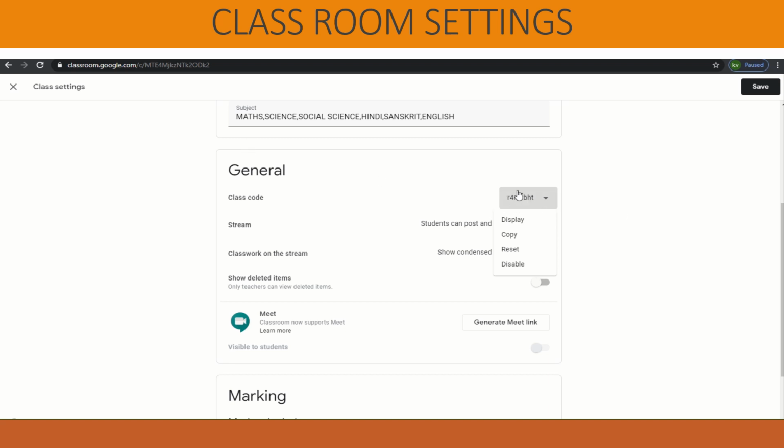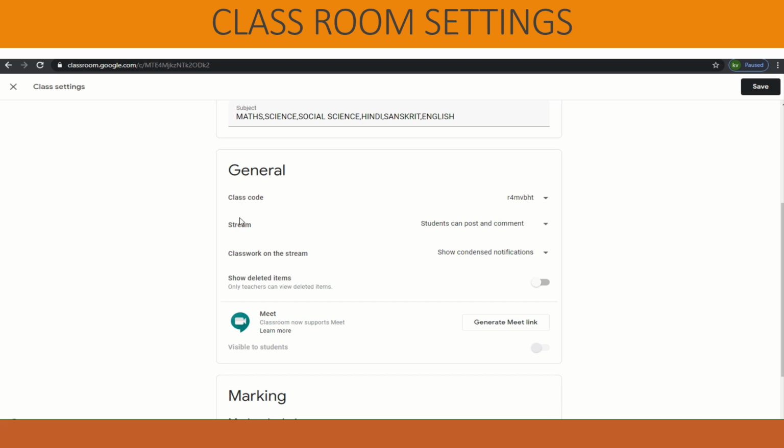For security reasons, after all the students have joined your class, we can disable it so that using this particular code, no other student, that is an outside class student, joins your class. It could be disabled after all your students join the class.